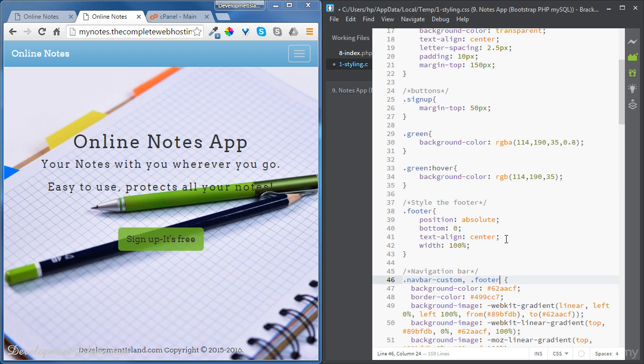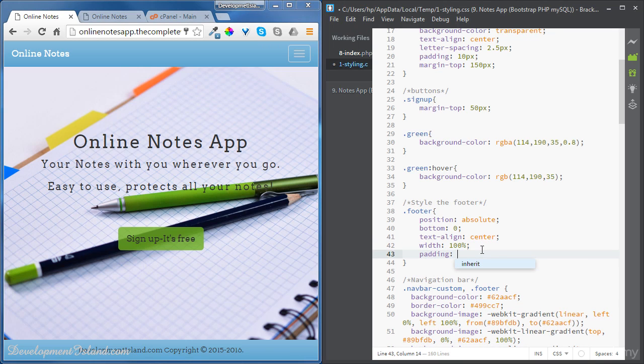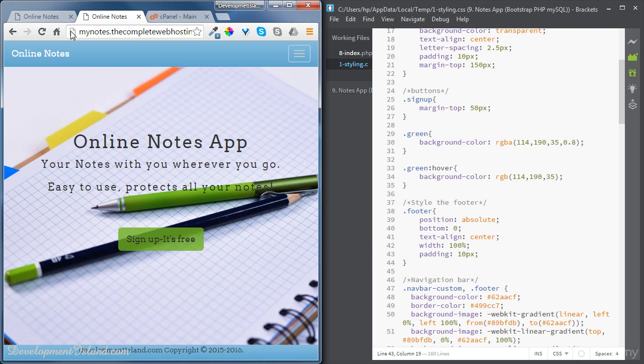Okay, so now if we save and refresh, we can see that our footer has got now this nice background color. And finally, let's add some padding to our footer. So let's go for a padding of 10 pixels. Okay, and if we refresh,